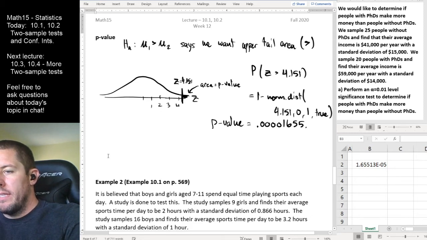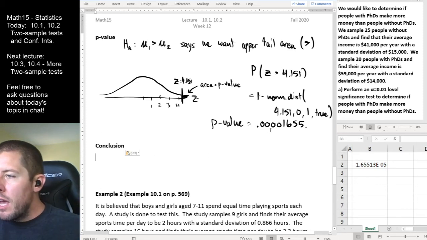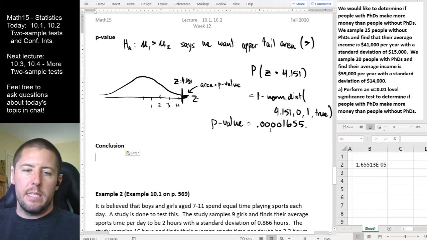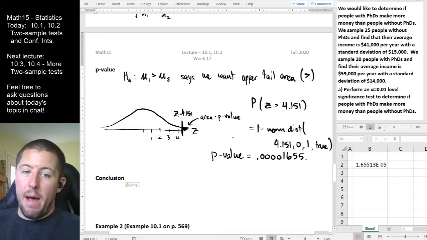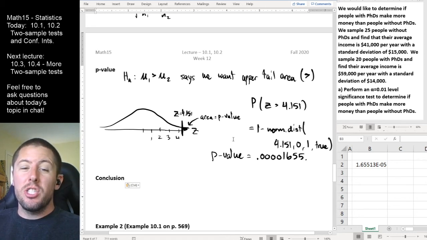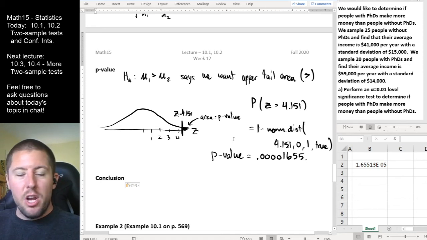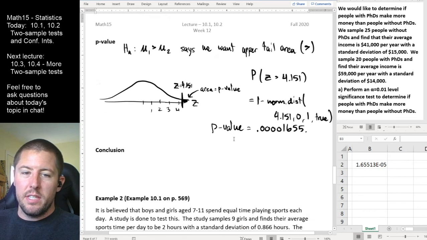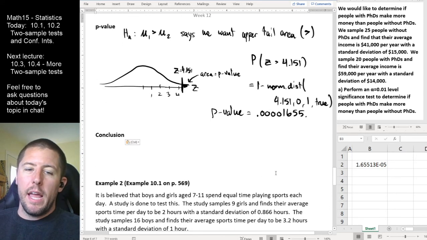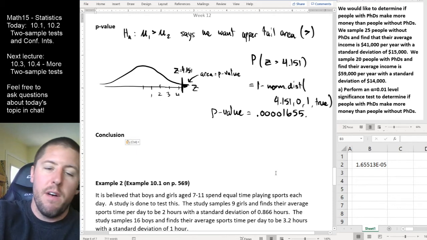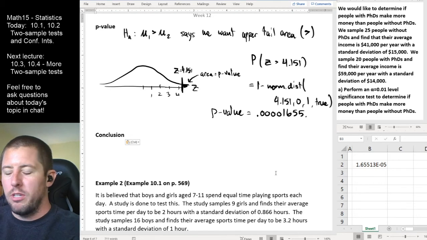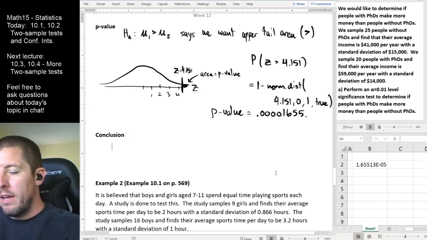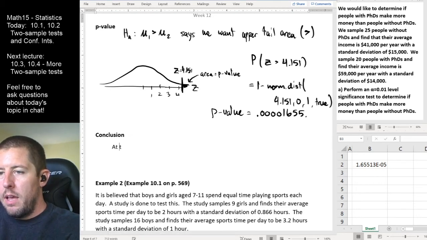And notice that what that tells us is there is a 0.0016% chance that we would see observations like this if the null hypothesis were true. That's such a small probability of seeing outcomes like this that I no longer think the null hypothesis is true. This is such a rare event. It seems much more likely to me that the null hypothesis is false than that we just got an event that occurs 0.0016% of the time. So here, my conclusion will state